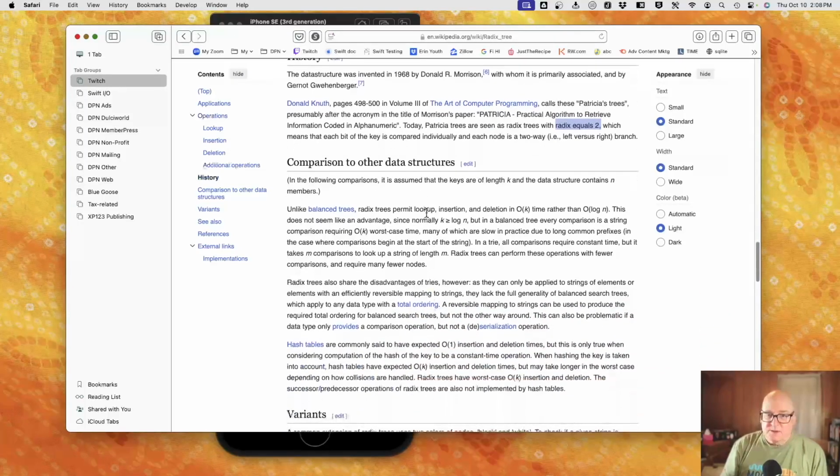Okay. So what does it do? Lookup, insertion, and deletion take order K time, so that's based on the key length, instead of order log n. Now, that's not always, well, it may or may not be better. It depends how big K is and how big N is. For us, we already talked about it, log n is basically 18 bits for us to specify each word. So order K, the length of the words, I'm guessing 10 is an average length. I don't really have data, but